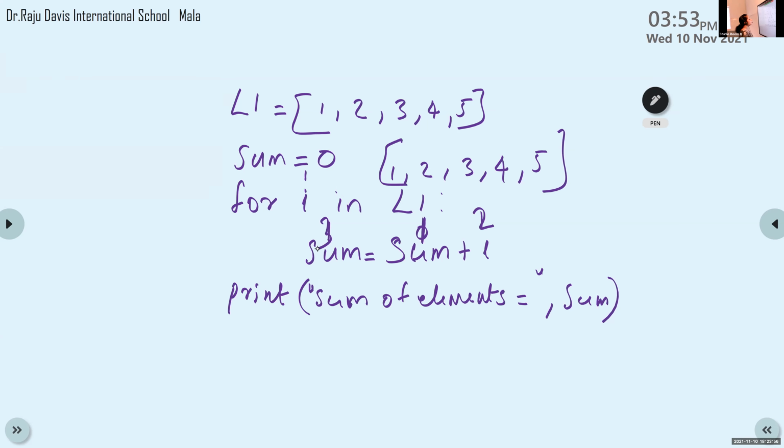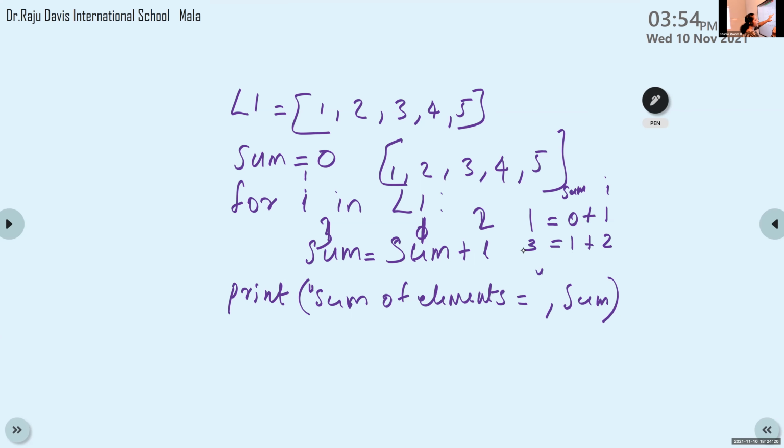So the first value of I is 1, first value of sum is 0. So 0 plus 1 is equal to 1. After that, I value is 2, sum value is 1. So 2 plus 1 is equal to 3.